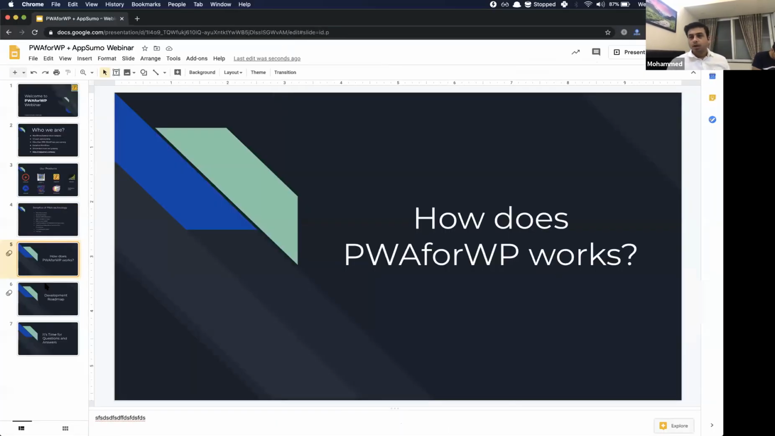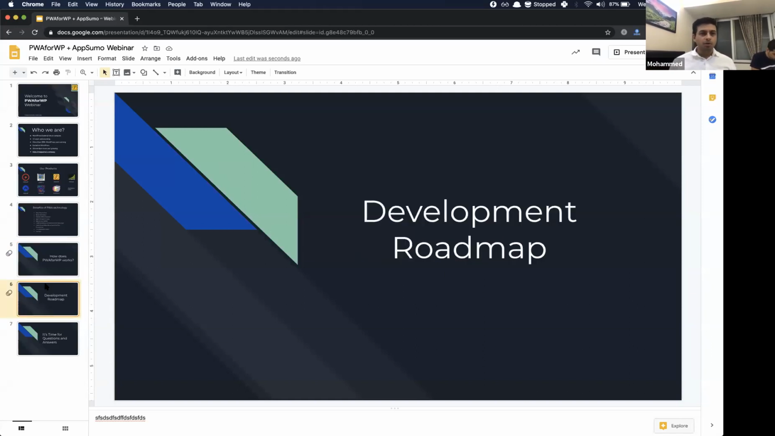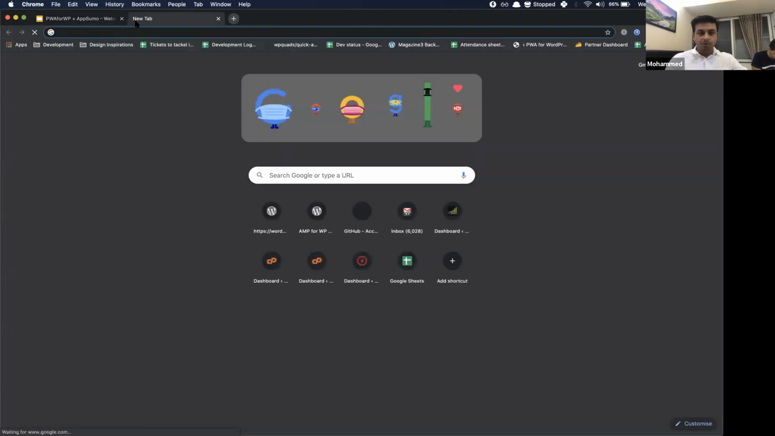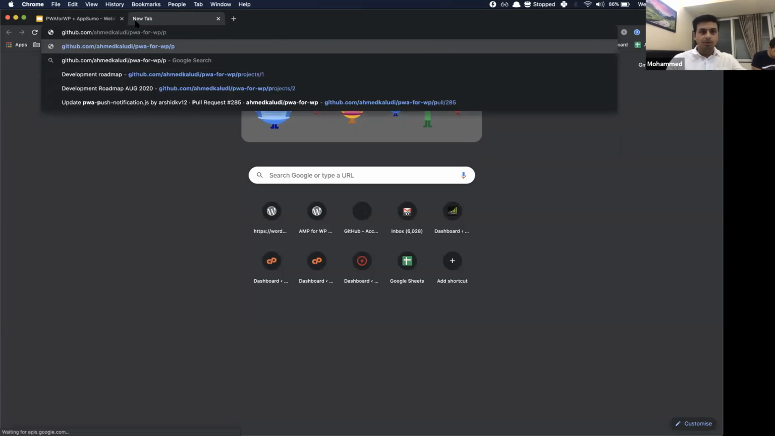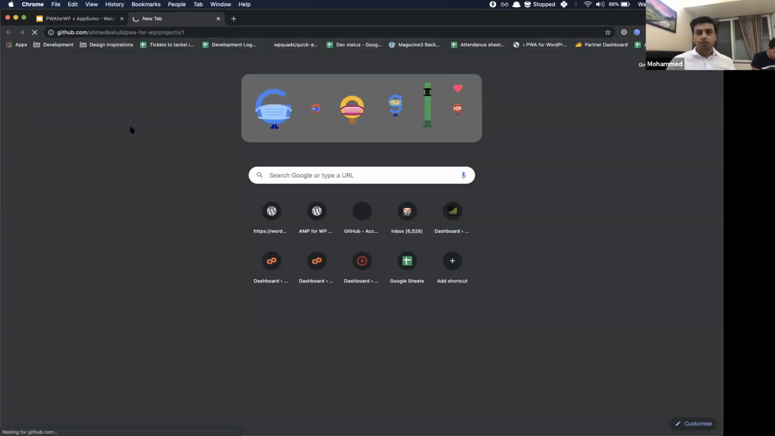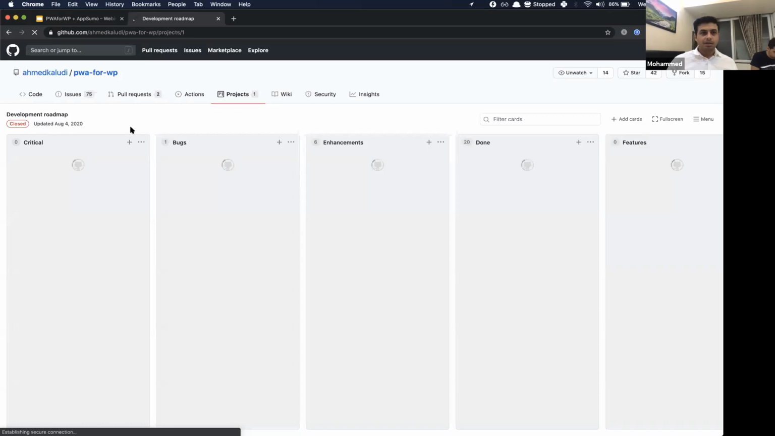So I hope I have covered the questions. I hope I have covered all the features related to PWA. And I would also like to share the development roadmap. We have received a lot of requests and a few questions. Let me share it with you. So this is the development roadmap,